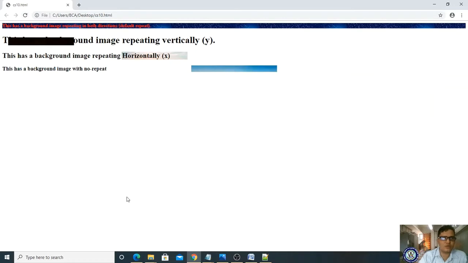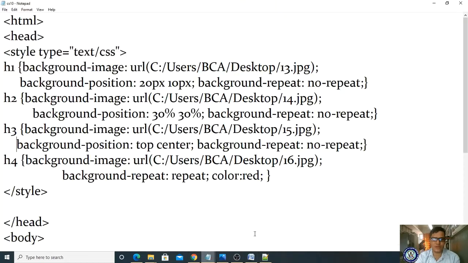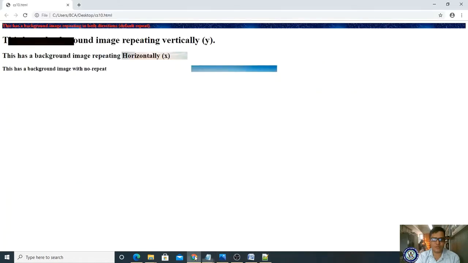This is the position of our images, and refresh it now. Now you are seeing the position of your images. Here h4 doesn't have any positioning, hence it has not been positioned. But for the first image, you have specified the position of 10 pixels. That 10 pixels starts here and ends here, right? And what about the third one, 30% 30%? Wherever the 30% 30% starts, it has been positioned here.